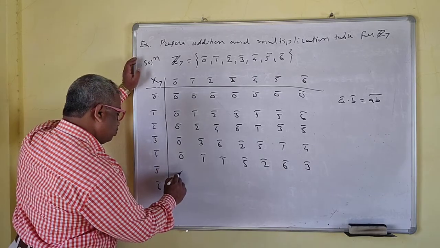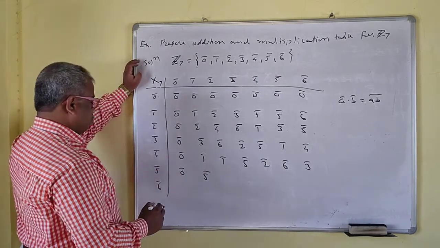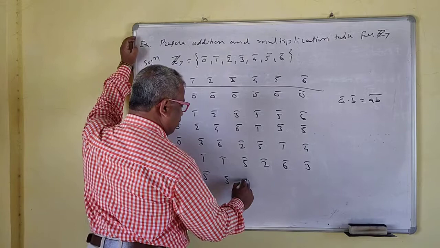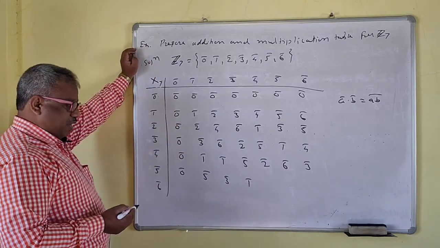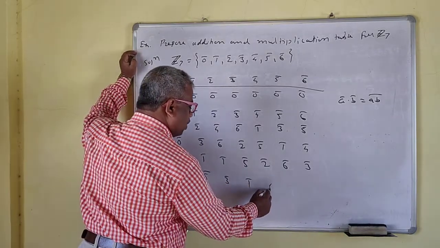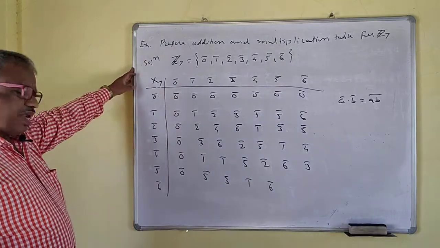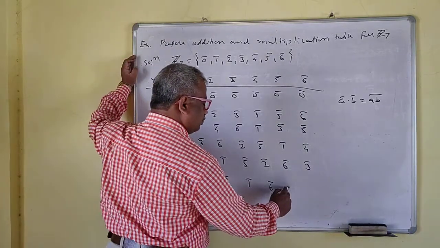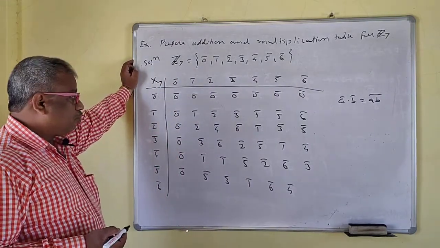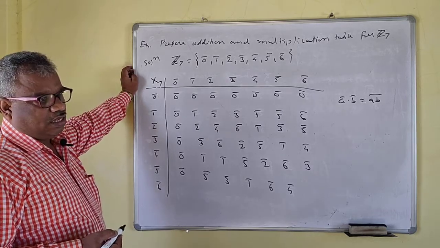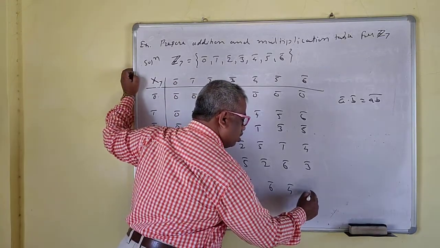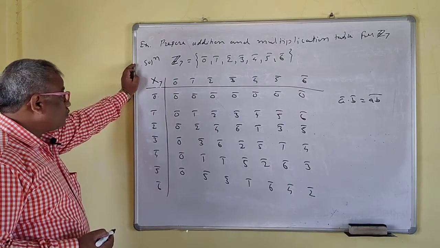Now this is what? 0 bar, 5 bar. So then this is 10 bar. 10 bar is 3 bar. Okay. 15 bar. 15 bar is 1 bar. Then this is 20 bar. 20 bar is the same as, we have written somewhere, 6 bar. Okay. So then 25 bar. 25 bar is 4 bar now, because 7 threes are 21. 21 plus 4 is 25. So now 30. 7 fours are 28. And this is 2 bar then. 28 plus 2.